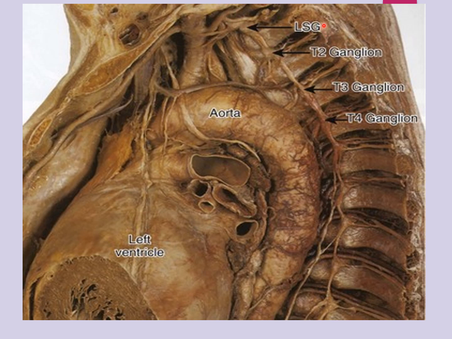So this is the left stellate ganglion. Remember, this is the left stellate ganglion. This is a section of the left side of the thorax. That's why it is known as the left stellate ganglion. As you know, we have right and left sympathetic chains. So this is the left sympathetic chain in the thoracic region, and this is known as the left stellate ganglion.